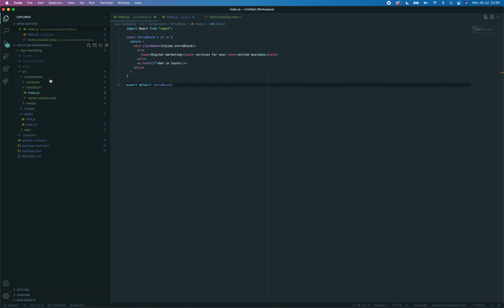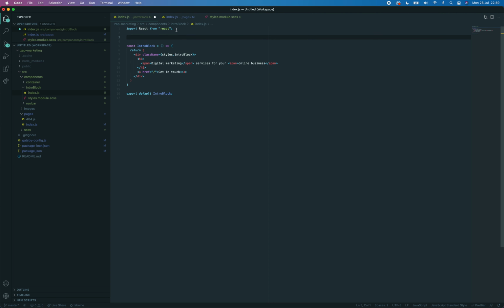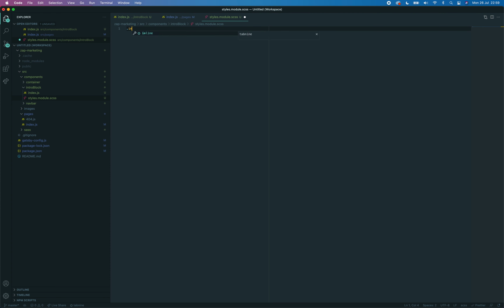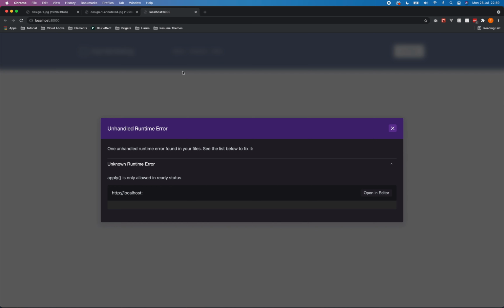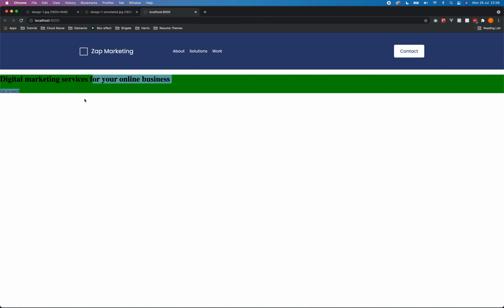it's complaining because we're calling styles here, but we've not included the style sheet. There we go. So now we're pulling in styles, although there's nothing in there. For now, we're just going to add some really simple styles, just so we can see that it's working. We'll say background color green. So if we refresh now, we can see this is green, and it's pulling the intro block onto our page,